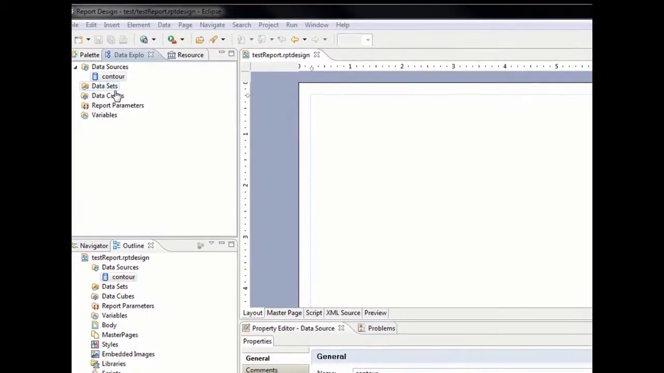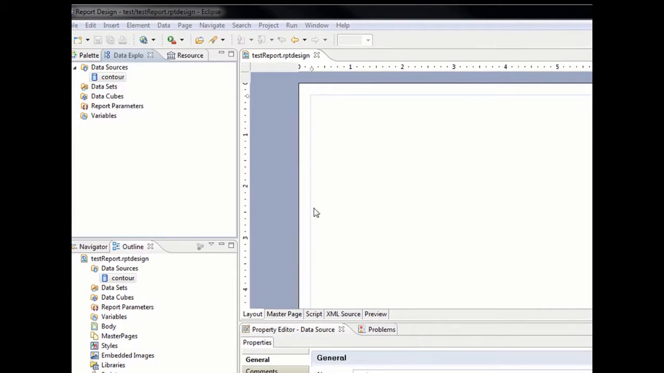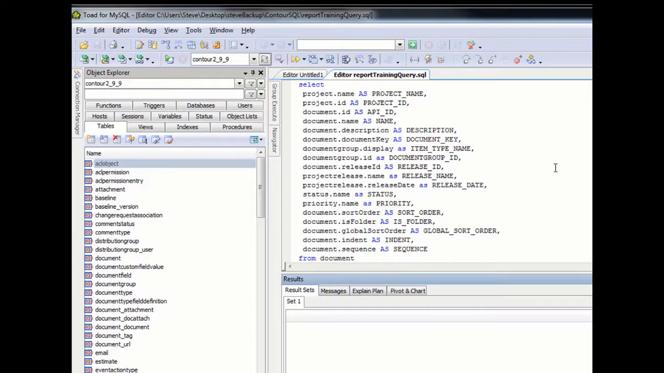So now we need to create a data set. A data set is essentially an SQL query. Now you could create your queries within BIRT if you'd like, but I find that it's much easier to do it within a true database tool. Here I'm using Toad, but you can use the default query writer that comes with MySQL or SQL Server,